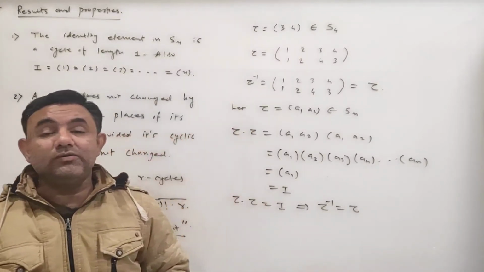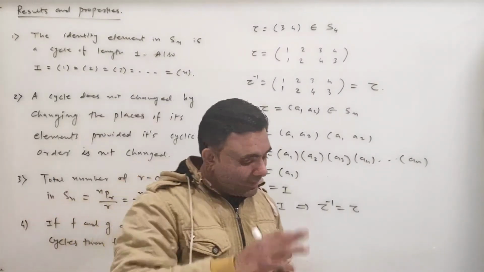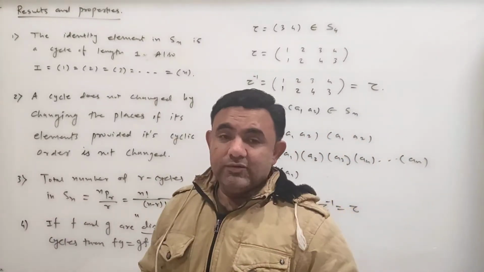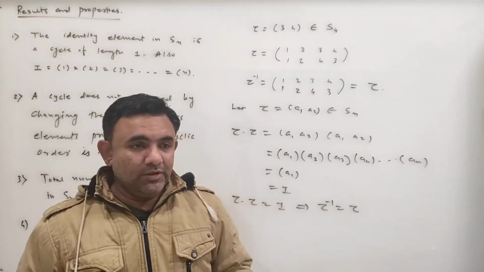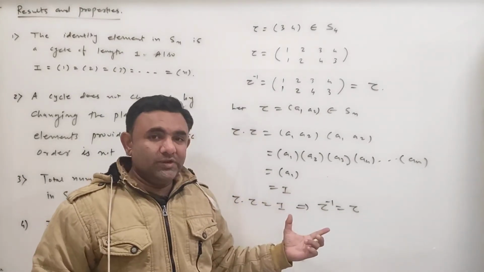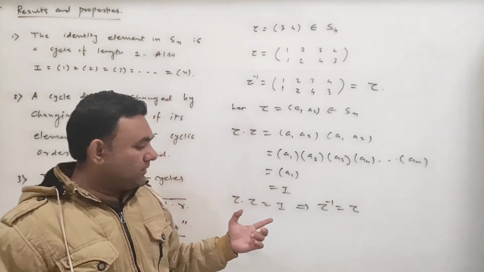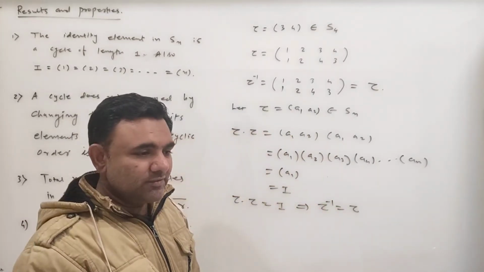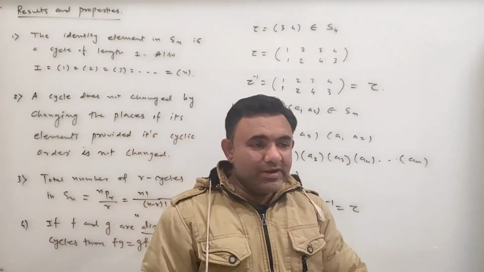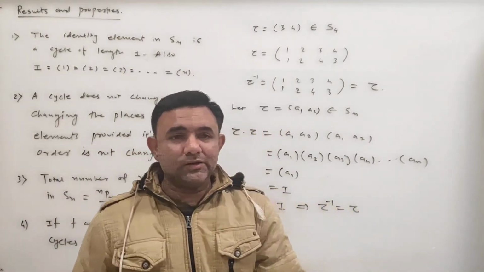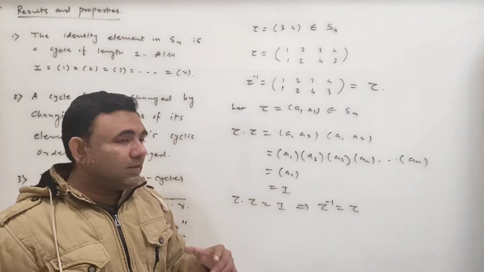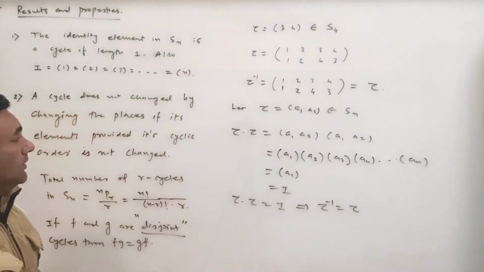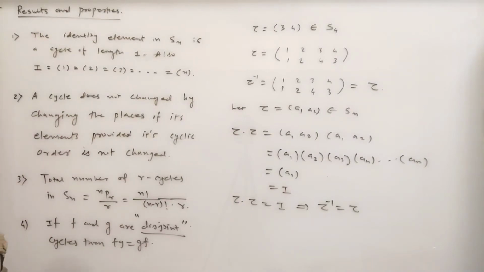Transpositions are self inverse. तो हमने आगे देखा था ग्रुप में कि ग्रुप में जो एलिमेंट खुद के इन्वर्स है, that is called self inverse element, और उसका ऑर्डर भी क्या हो जाता है? 2. यदि वो आइडेंटिटी नहीं है, then its order becomes 2. आइडेंटिटी भी खुद का इन्वर्स है, लेकिन उसका ऑर्डर 1 रहता है. लेकिन आइडेंटिटी के अलावा जो कोई एलिमेंट खुद का इन्वर्स है, तो उसका ऑर्डर हो जाता है 2. तो यहाँ हमने प्रूव कर दिया कि in Sn